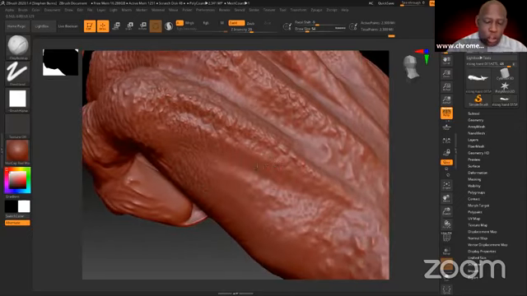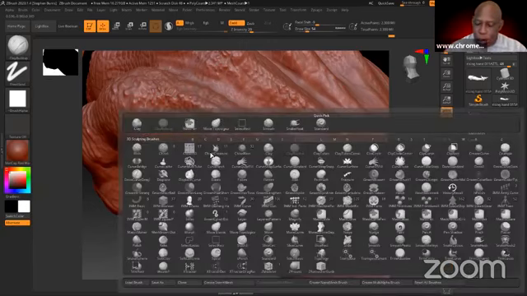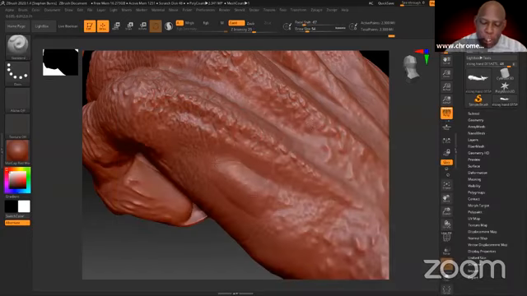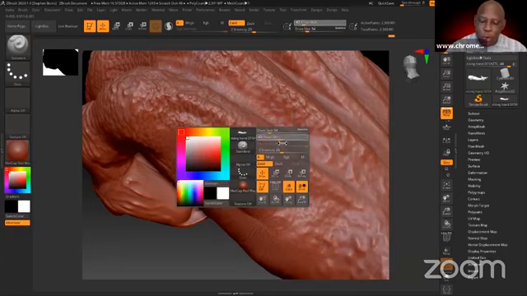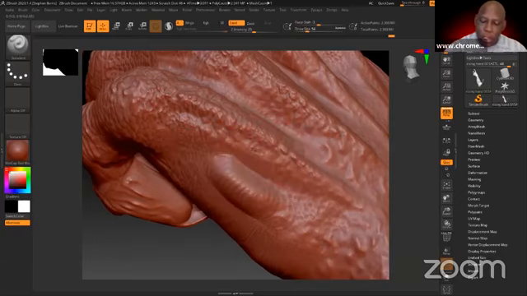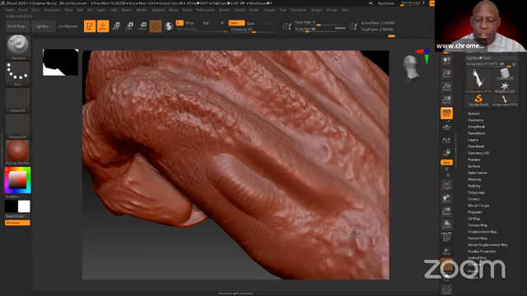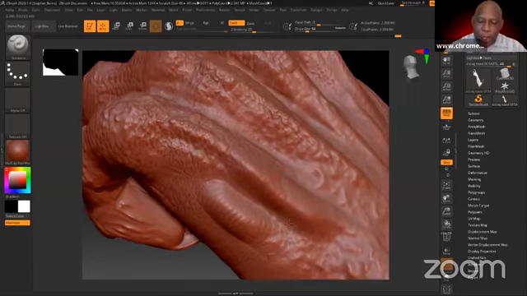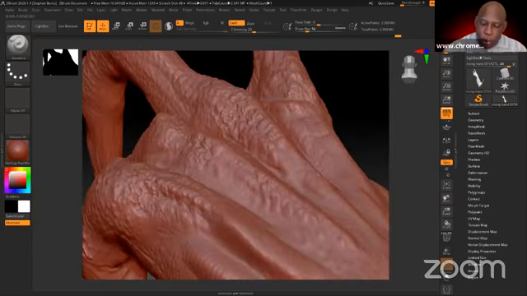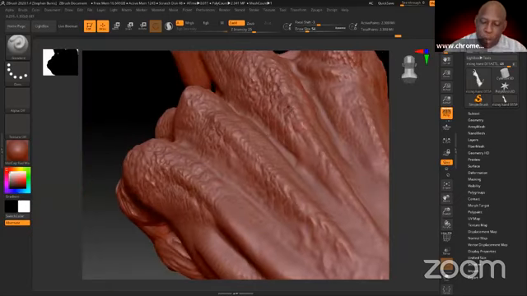So I used, just to show you real quick, I'm going to go ahead and show you the brush. I just went in here. I'm going to use the standard brush, right? So you know it just does that, right? If I come over here and mess with the focal shift, which is just the feathering, you get a different type of feel, see? So this is more modulated circular patterns here. This is a much smoother feel. I use this to help pull out the general form of the piece. So even if I've got texture on there, this won't mess with the texture. It will mess with it a little bit, but it helps pull it all out.